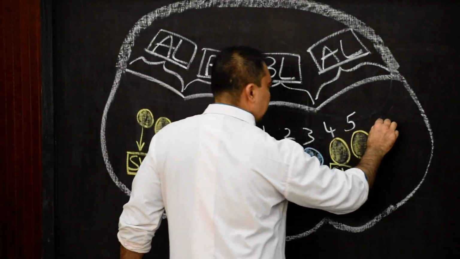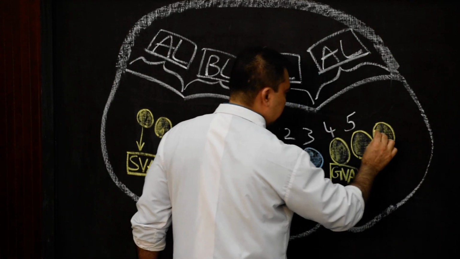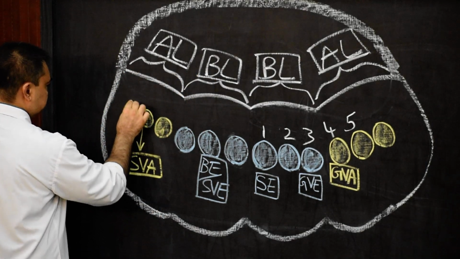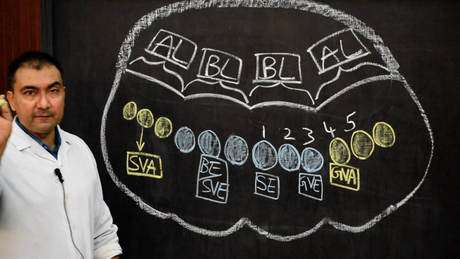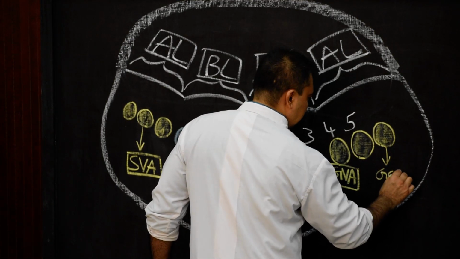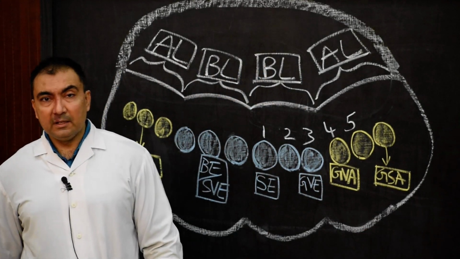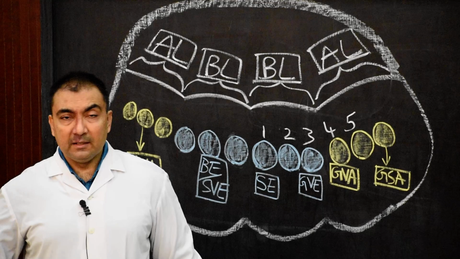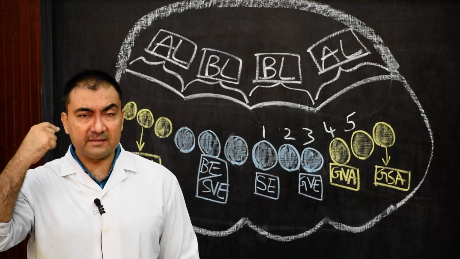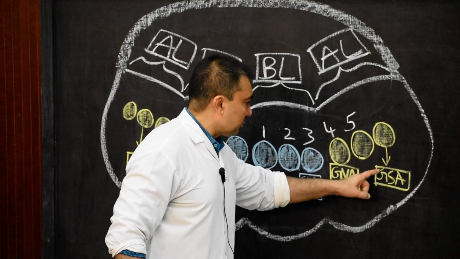The second last functional component present in the alar lamina will be known as general somatic afferent. So here I will mention this as general somatic afferent. It will develop into those neurons which will bring the sensations from the skull, face and external ear. From the skull, face and external ear, the sensations are brought to those neurons which develop in general somatic afferent.